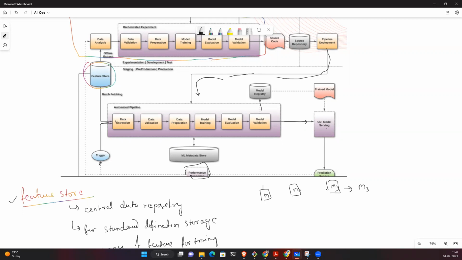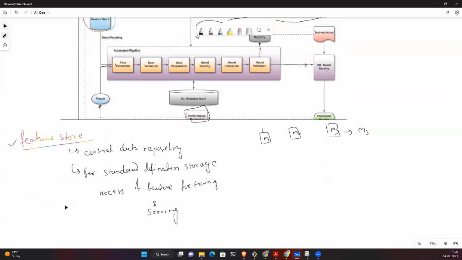Any questions so far in this level 1? We are doing the same thing, but it's a more automated pipeline. The pipeline is very automated. Okay, what things are getting stored in ML metadata? It's an important one. Let me make a note of these things. ML